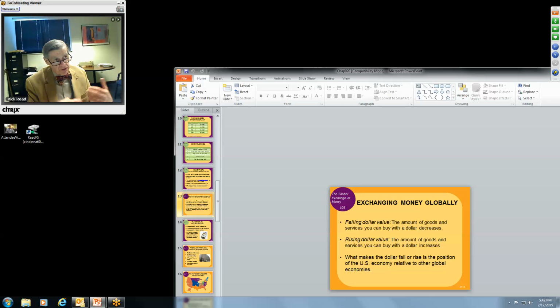Now, there's a converse to that. The converse is that when the dollar gets strong, like it is right now, we export less because foreign markets are not able to buy in the same quantities, pardon me, that they had been before. So there's some yin and yang about that. A lot of people want a strong dollar, and a lot of people say, oh no, we need to have a weak dollar. I don't think you can find a happy medium there.